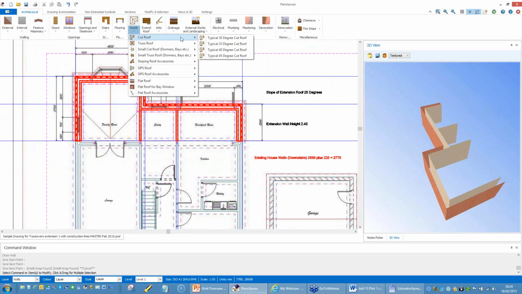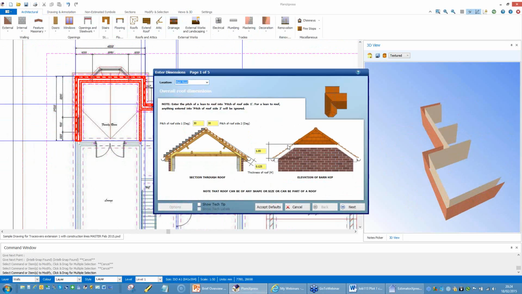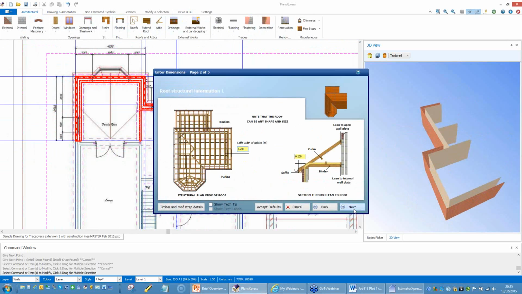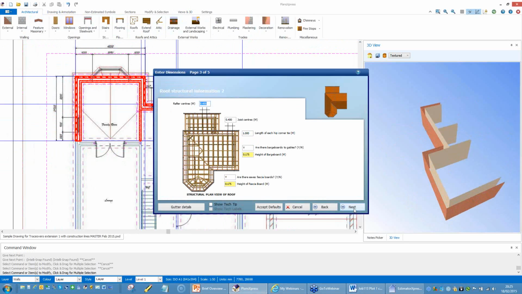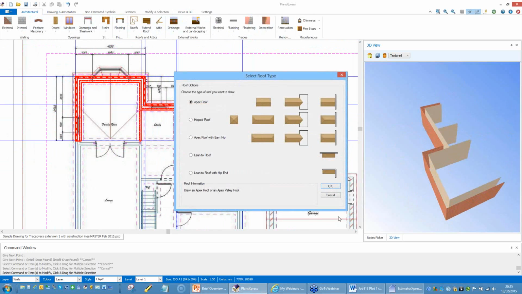So it's a cut roof. I'm picking the 30-degree roof. I know on this particular occasion I need to make the pitch a bit meaner to tuck it in under the windows. I can confirm the soffits, I can confirm the rafter and joist centres, I can confirm the tiling details, I can confirm whether I'm plastering and decorating. Press finish,